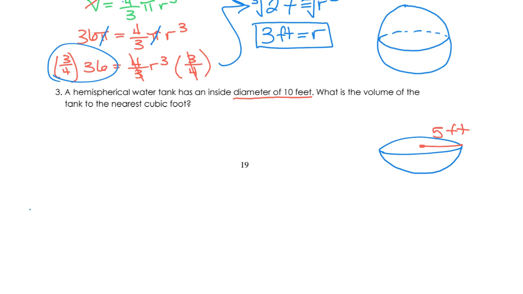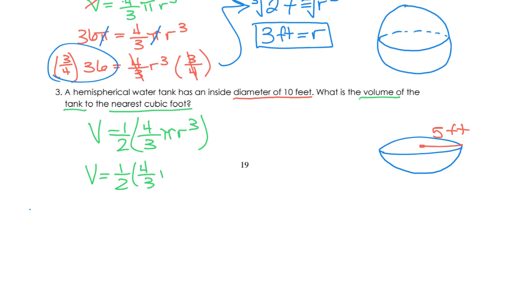Okay. And they want to know what the volume of this tank is to the nearest cubic foot. So we're going to write down volume equals, and for the sphere 4/3 pi r cubed, but we're going to put that in parentheses and multiply it by a half because it's half of a sphere. Okay. So we'll keep the half part, we'll keep the 4/3 part, we'll keep the pi part, and our radius is going to be 5, and we're going to cube it. Okay. And because they said nearest, all of this is going right into our calculator. So I would recommend putting your 1/2 in parentheses in your calculator, your 4/3 in parentheses, then your pi, then your 5, and don't forget to raise it to the 3rd power. Okay. When you hit enter, you should end up with